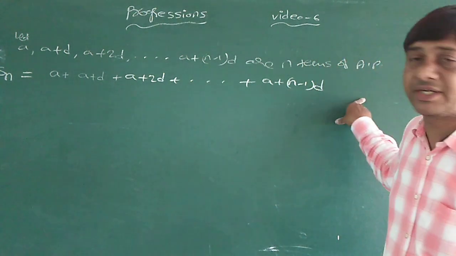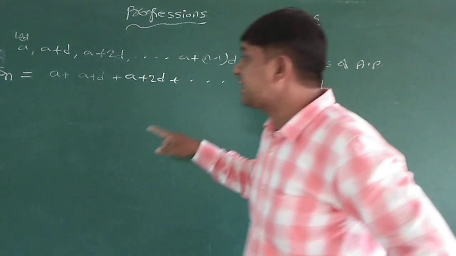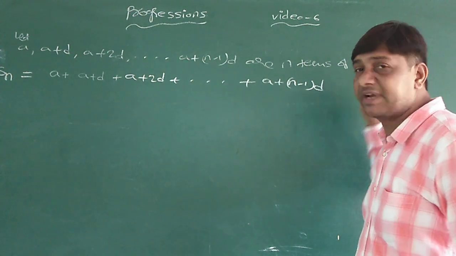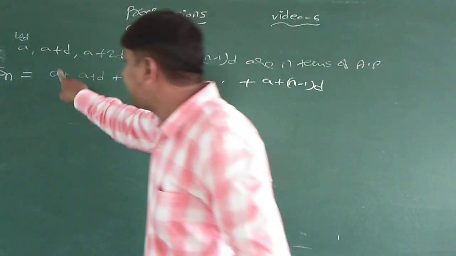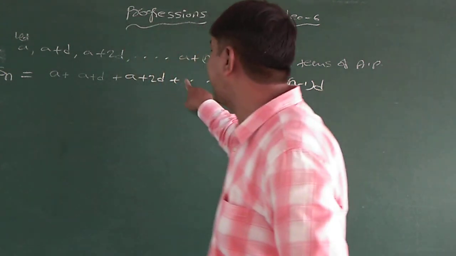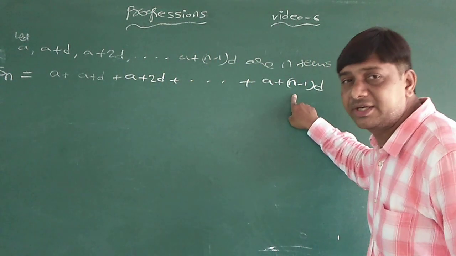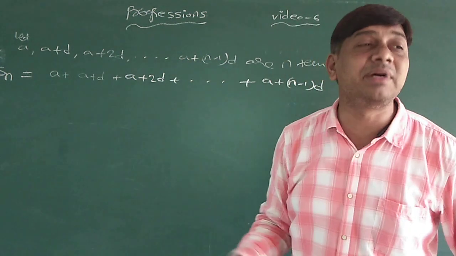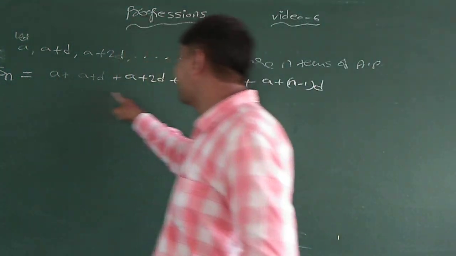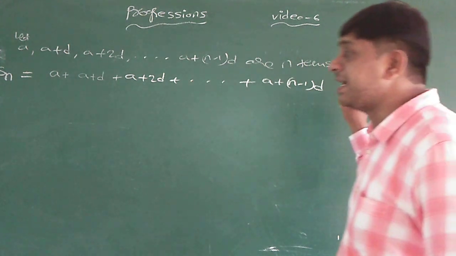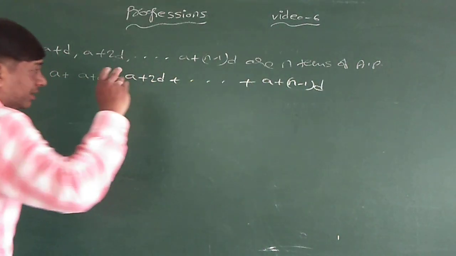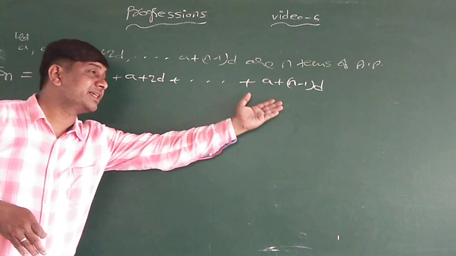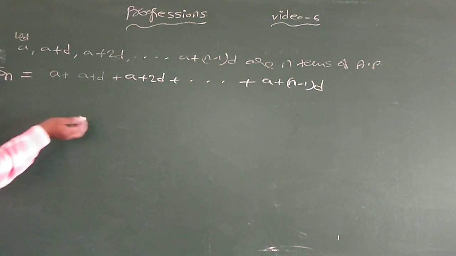Sum of n terms. Let us assume that a, a plus d, a plus 2d and so on, a plus n minus 1 into d are n terms of an AP. These are the terms we are adding. So in mathematical language, addition is sum. How many terms are we adding? n terms. So Sn is equal to, as per the idea of Gauss, these n terms in reverse order also we are adding. So it is the same Sn, the sum of n terms only, that we are adding.